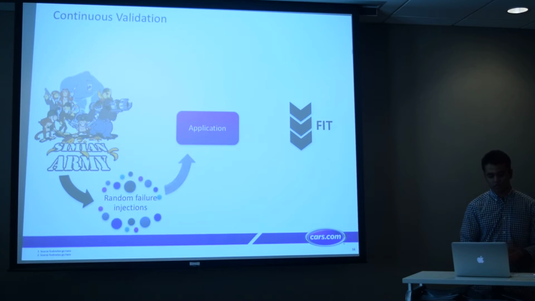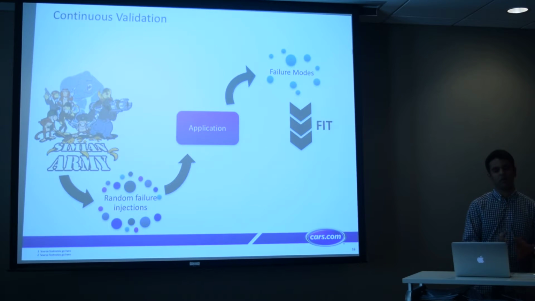So how would this work? Well, the Simian Army, as we mentioned before, generates a series of random injections that would be applied to your application, and then you test how your application behaves under these failures. And that's great, because some will stretch your application out, and some your application will recover from. And there are others that would absolutely cause your application to crap out and behave in ways that you just did not anticipate. And that's fine, because now you know ways in which your application might not be as performant